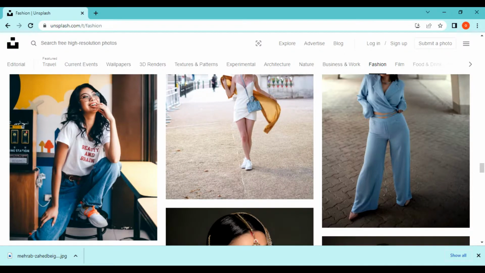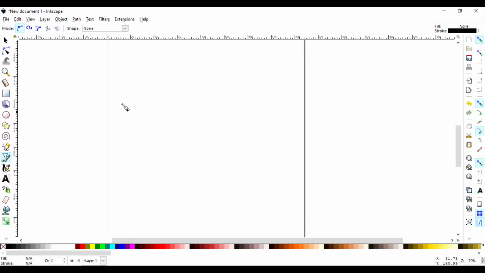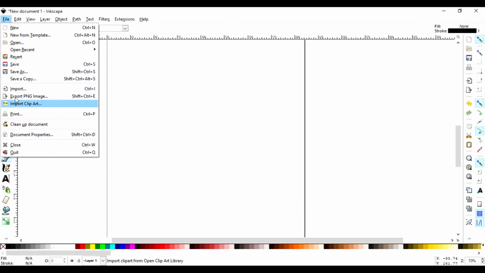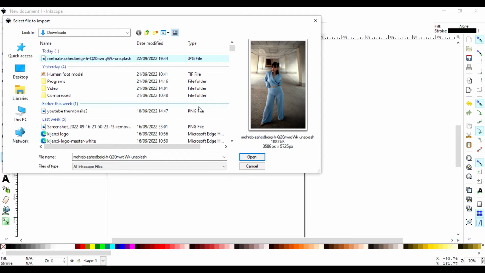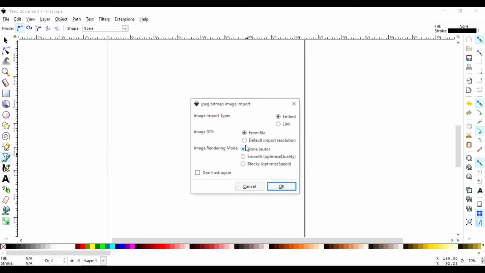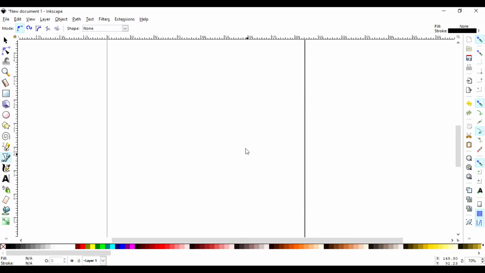Once you do that, you can come back to our Inkscape here. Then we can import that image from our download section, wherever the image was downloaded. So we can select that and open. I don't interfere with these settings. They're just okay, just leave them the way they are. Because if you use the link and you delete that image, then probably the one we have in Inkscape won't show up. So you click OK,